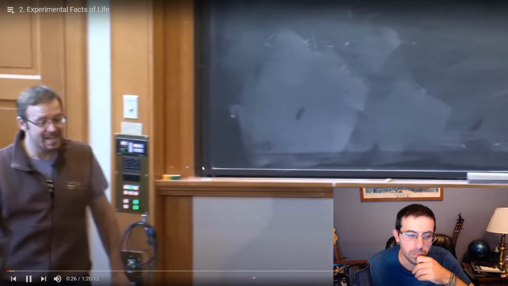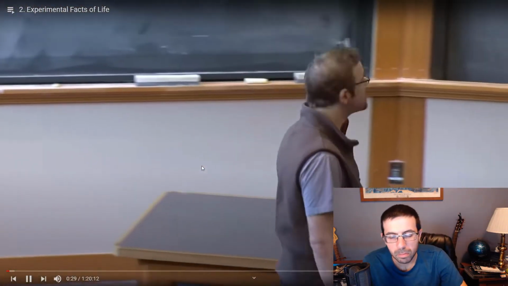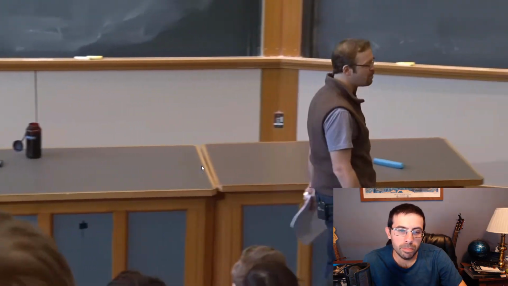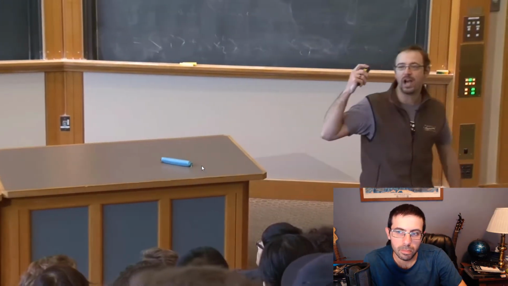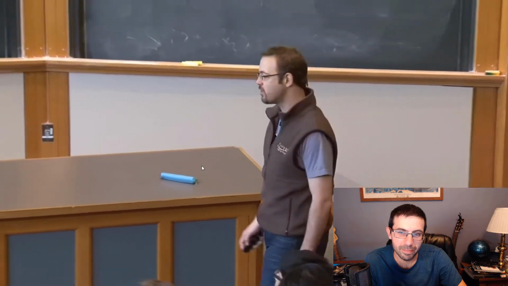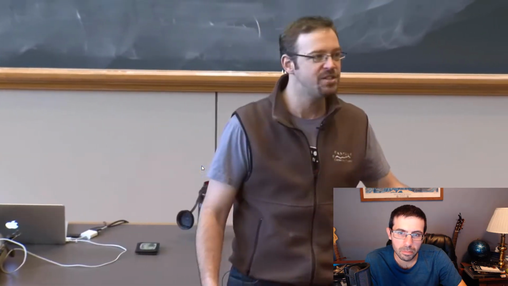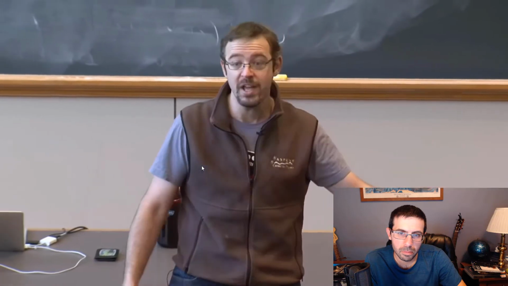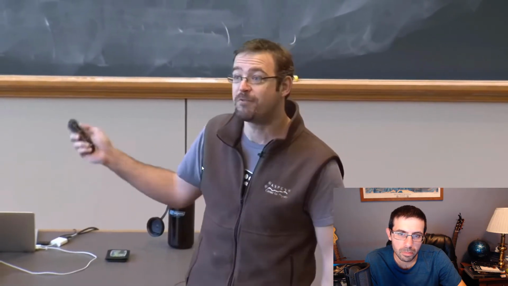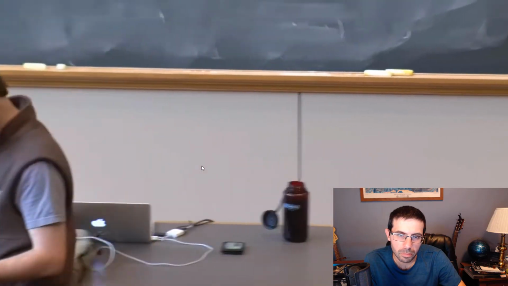All right, so today's task is going to be to outline some of the basic experimental facts that we will both have to deal with and that our aim should be to understand and model through the rest of the course. Physics doesn't tell you some abstract truth about why the universe is the way it is. Physics gives you models to understand how things work and predict what will happen next. And what we will be aiming to do is develop models that give us some intuition for the phenomena and allow us to make predictions. And these are going to be the experimental facts I would like to both explain, develop an intuition for, and be able to predict consequences of.